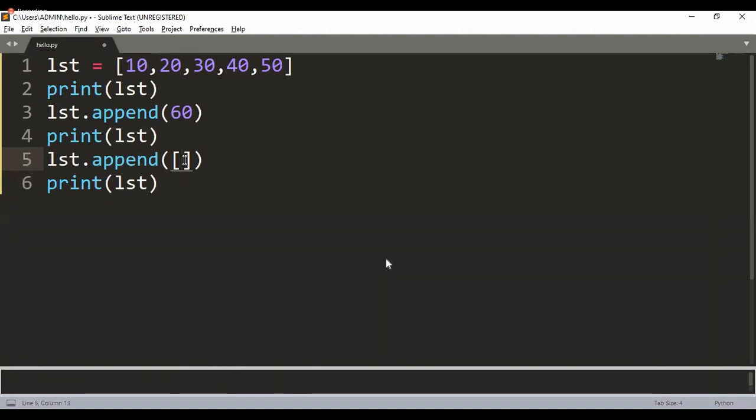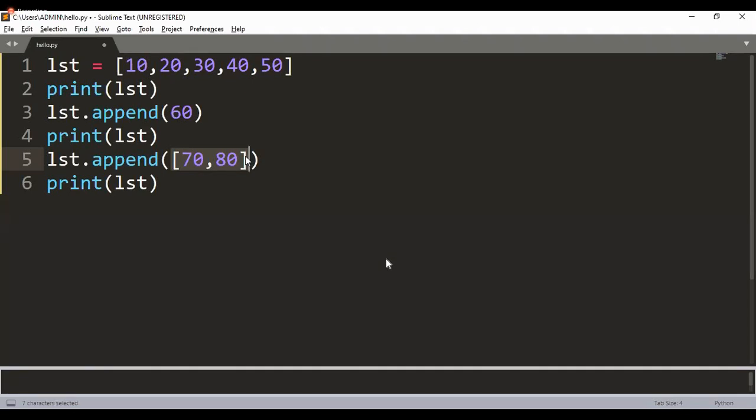Then whatever multiple elements you wish to add now, you can give as the elements present in the list. What do you mean, sir? Inside the list, you can give the elements like this. Sir, even though we are giving multiple elements, how will the append method accept it? Again, look at it from the append's point of view. Append is receiving a single argument, which is a list. Indirectly, the list is containing multiple elements. That is absolutely okay for us.